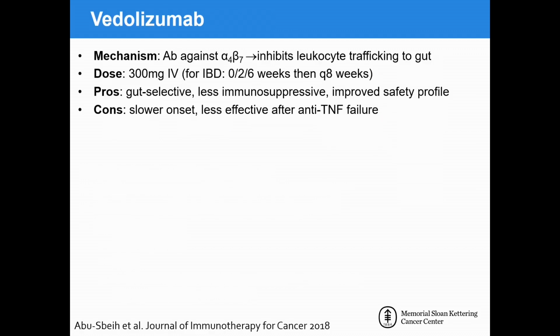So the main drug that's come into the equation as maybe a second line or potentially even a first line biologic is vedolizumab. It was interesting that Bianca mentioned natalizumab, which is used in MS. That was sort of the progenitor of this vedolizumab drug. They both are anti-integrins, but the alpha-4 beta-7 is a gut-selective integrin. And so this drug was basically designed to target only GI mucosal-based inflammation, and it inhibits leukocyte trafficking to the gut. It was approved about 5 years ago for Crohn's and ulcerative colitis as a standard fixed dosing that you see here.